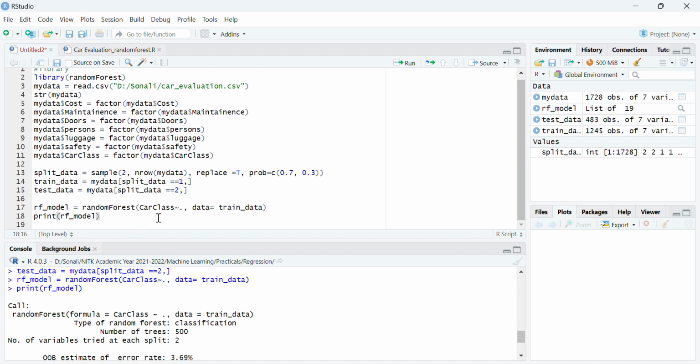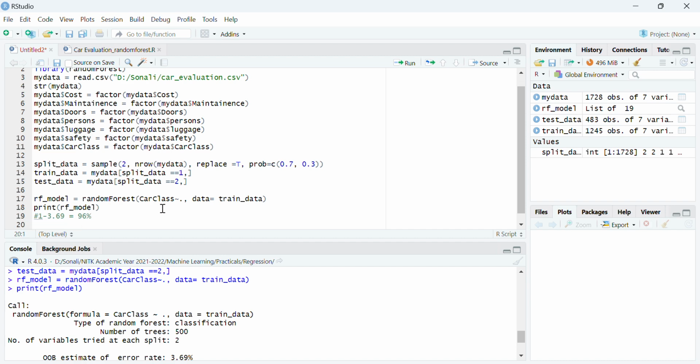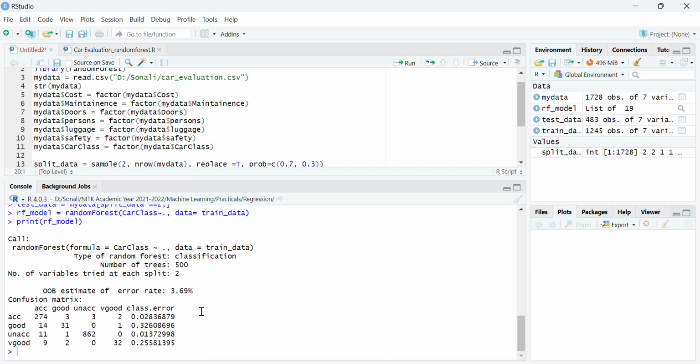Your error is 3.69, so accuracy is 100 minus 3.69, which is approximately 96 percent. Okay, so that is your accuracy.